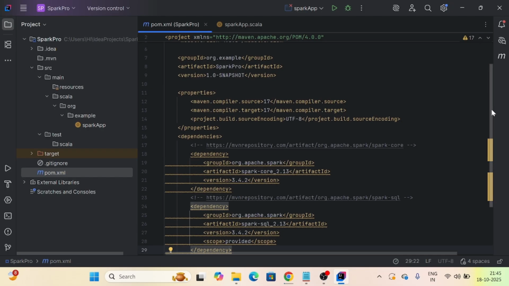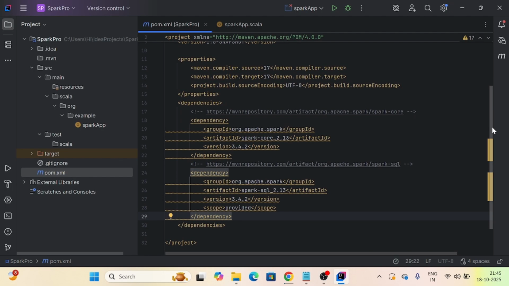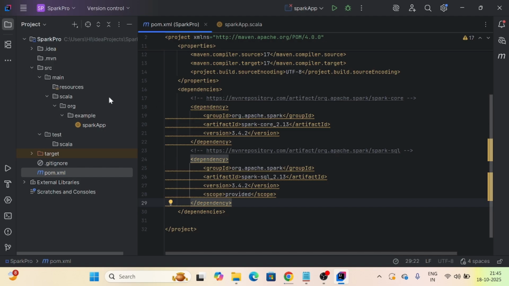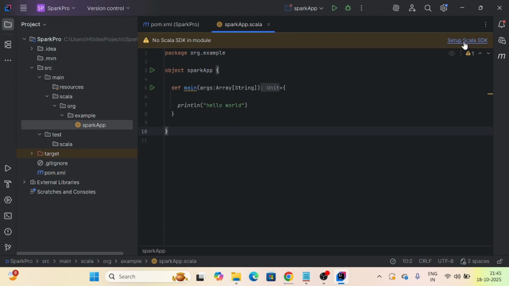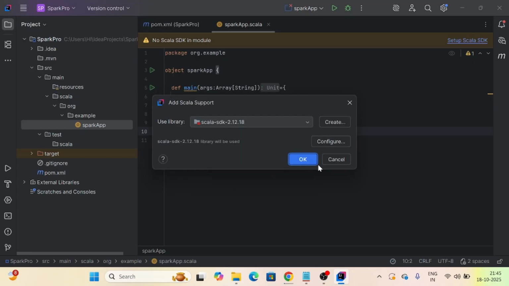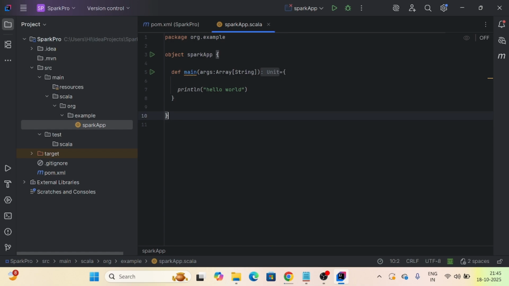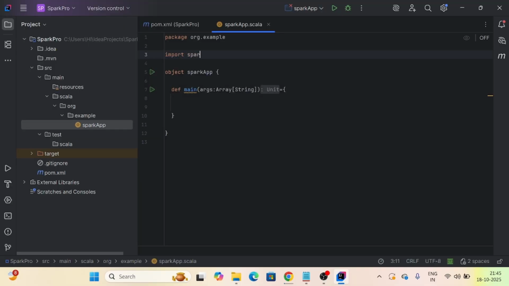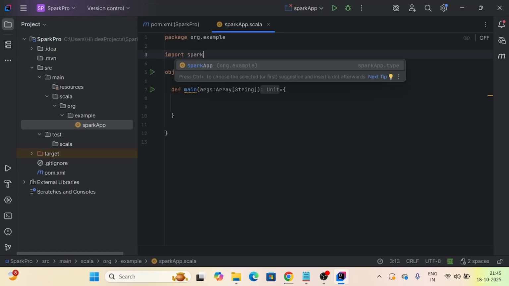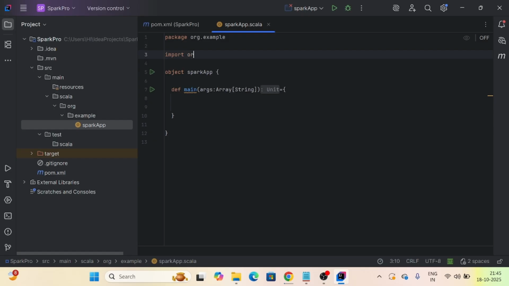Spark related libraries got downloaded to our IntelliJ. Next thing is we will write our first Spark code here. So for that we need to import Spark related things,